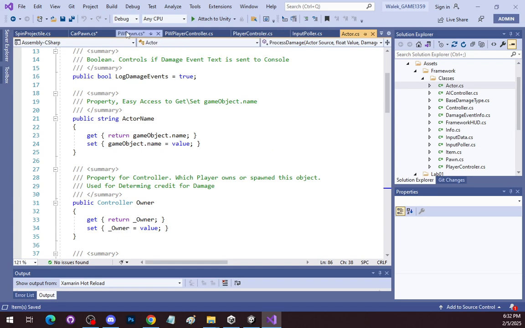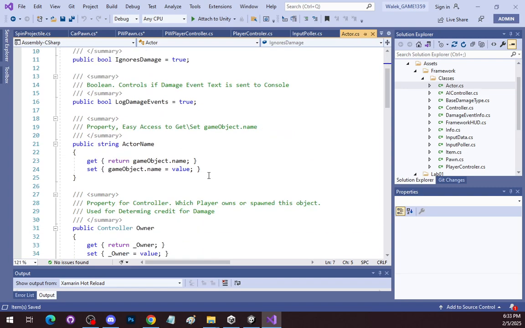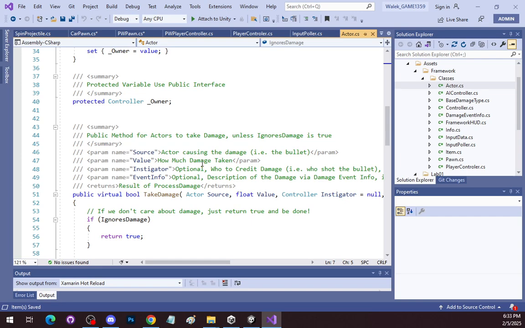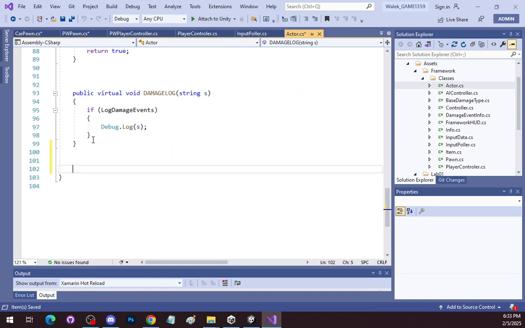So one of the things what we'll actually do is perform initialization. What we're going to do in the actor class is we're actually going to add the first function. I'll do this at the very end of the class. You don't have to do this, but I'm going to do this to show you what's going to happen in action. So we're going to do the start function,